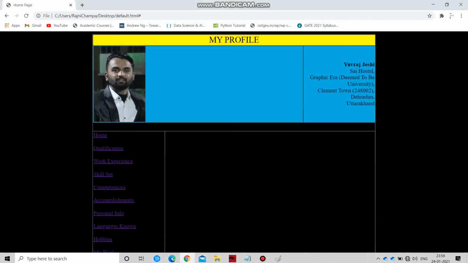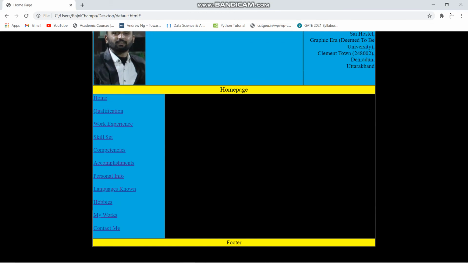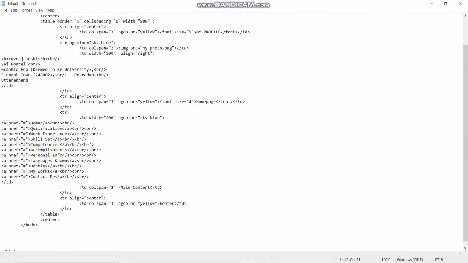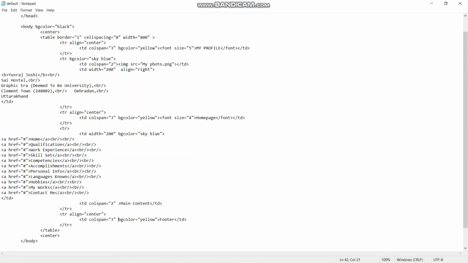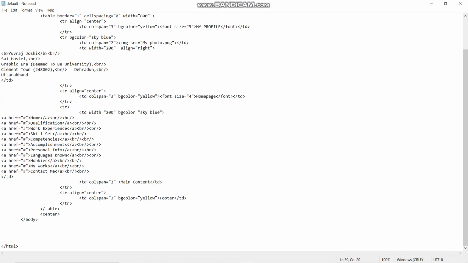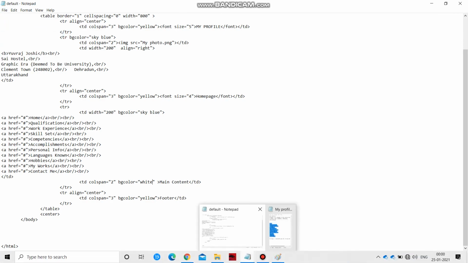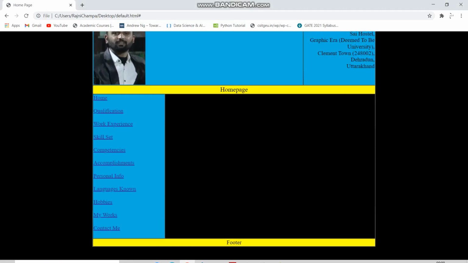Refresh. Yes, but the main content has been lost, so what I will do is just give it a white color. So at the TD colspan equals to 2, I just add bgcolor equals to white at the main content. Save, refresh at the browser. There you go.